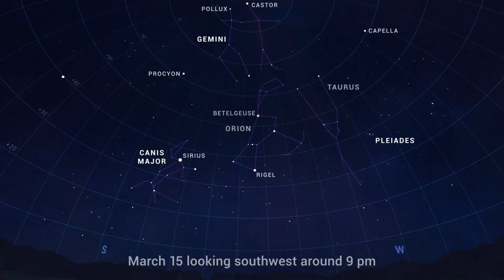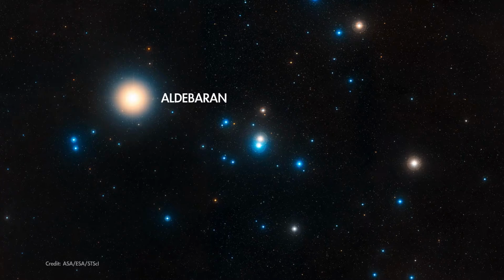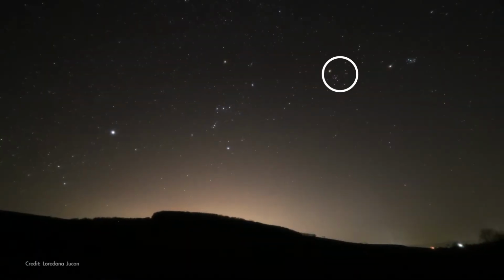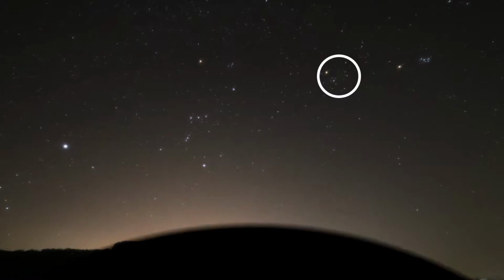You don't need a telescope to find the Hyades. Look for this V-shaped grouping of stars in Taurus. Use the stars of Orion's belt as a handy pointer, leading you to bright orange Aldebaran. Aldebaran isn't actually part of the star cluster. It's located halfway to the Hyades and just happens to appear in the foreground. So check out the Hyades in March, where you'll see a handful of stars with the unaided eye and more